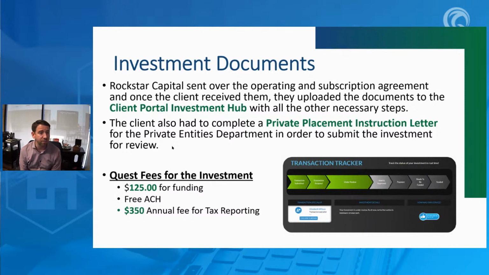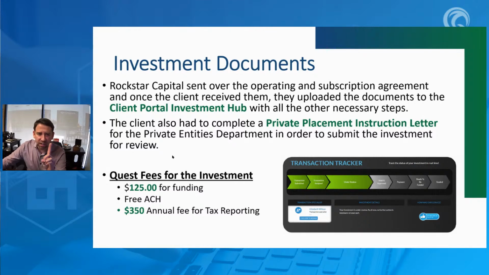I charge you $125 to fund a deal. They will accept an ACH, so it is completely free to send them the money. And on an annual basis, it's $350 to hold that syndication. All right. So notice $125 to do the deal, $350 a year to maintain it. That fee on $100,000 with a 20% rate of return, right, should not be making or breaking your investment decision. If it does, your deal probably doesn't make sense.